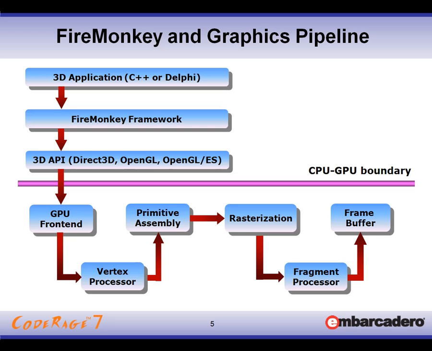is abstracting away the underlying graphics pipeline. So your 3D application code is talking to FireMonkey, and FireMonkey, depending on the platform, is talking to the 3D APIs that are actually talking to the graphical processor unit. So part of your FireMonkey application is being executed in the CPU, and another part is actually executed in the graphical processor unit. And with the FireMonkey new XE3 material system, you really can run arbitrary